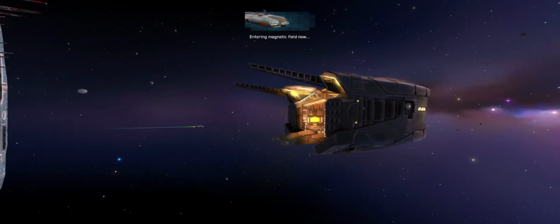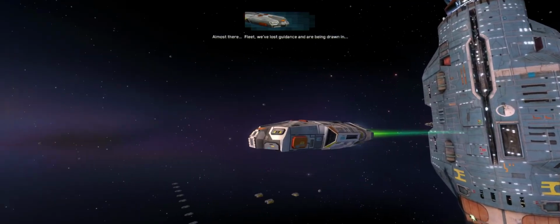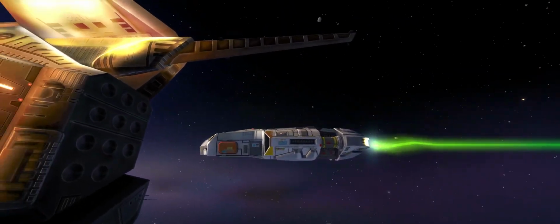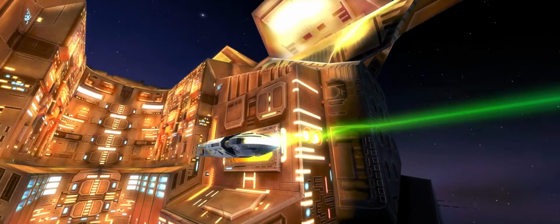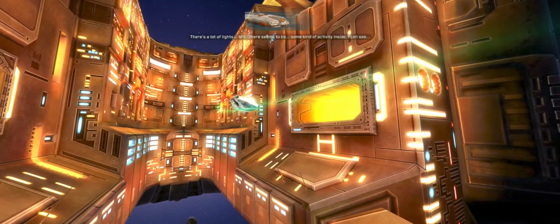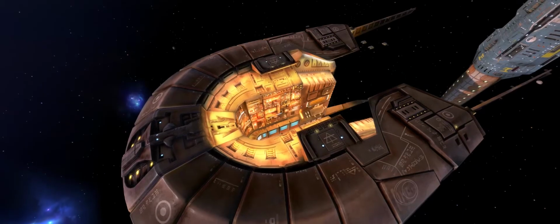Well, they're obviously willing to receive us, I think, at this point. Entering magnetic field there. Lost guidance and are being drawn in. Well, they haven't destroyed us yet, so potentially a positive. It's a lot of lights. There seems to be some kind of activity inside. I can see...